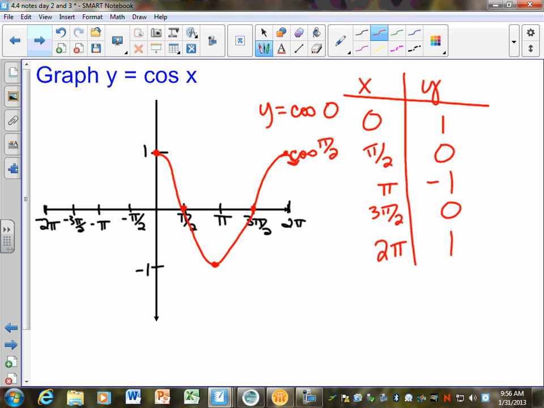What's going to happen on the negative side? Is it going to be the exact opposite like the sine was, or do you think it's going to be the same? Remember we talked about cosine. Was cosine even or odd? Do you remember? Cosine is even, and if we think about this,